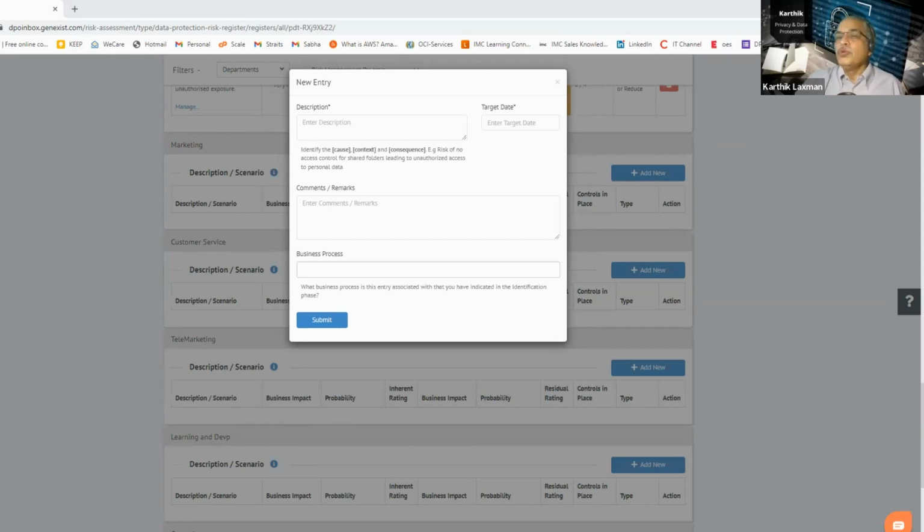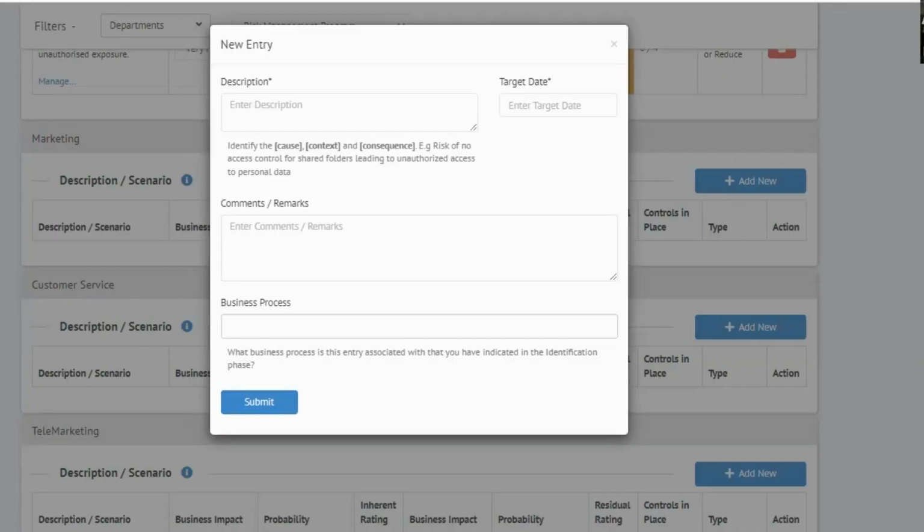So let me do the entry. As you can see, when you make the entry, because it has to be valid and understood by any third-party person, the guideline is that you use the cost, context, and consequence to create the particular risk. So I just created the risk: client folders stored in open area in office leading to potential exposure of data.